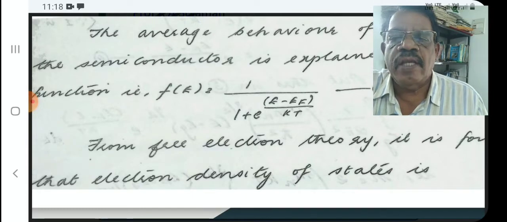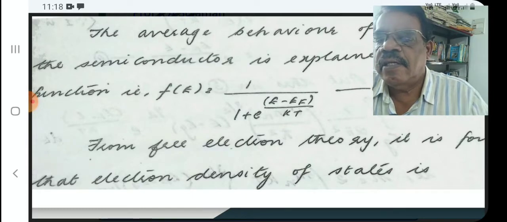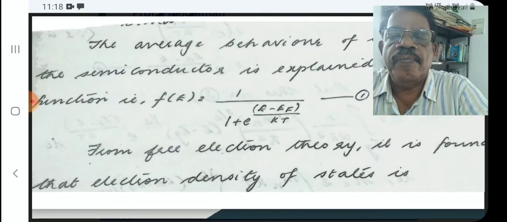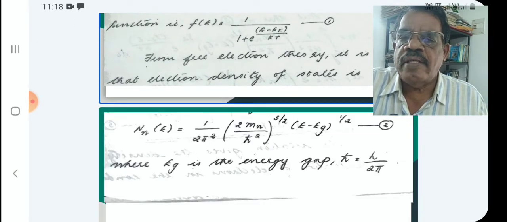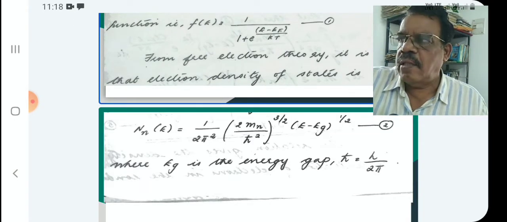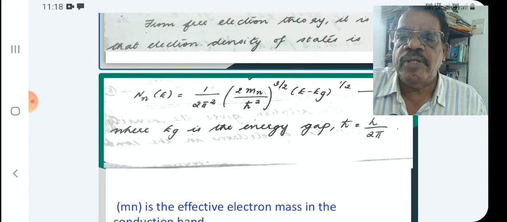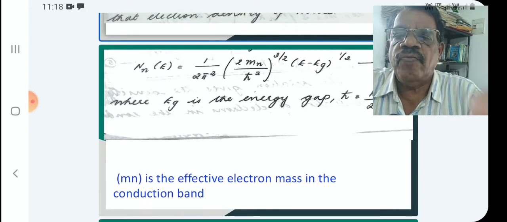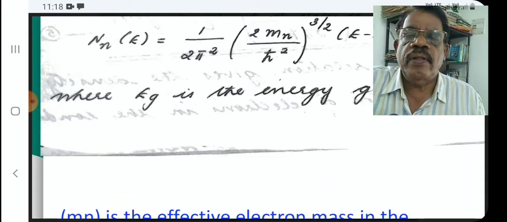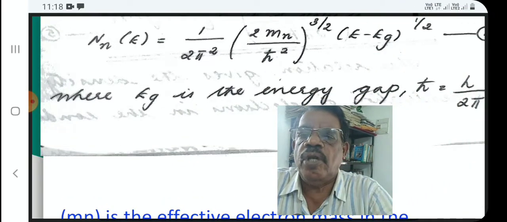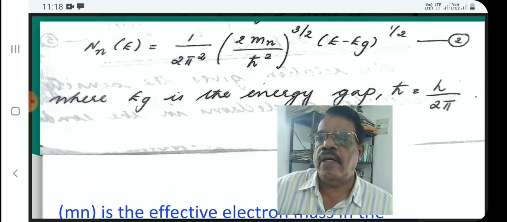From free electron theory, it is found that the electron density of states, the number of electrons per unit volume, has been determined. The equation is given here. From free electron theory, it is found that the number of electrons per unit volume, the electron density, is given by